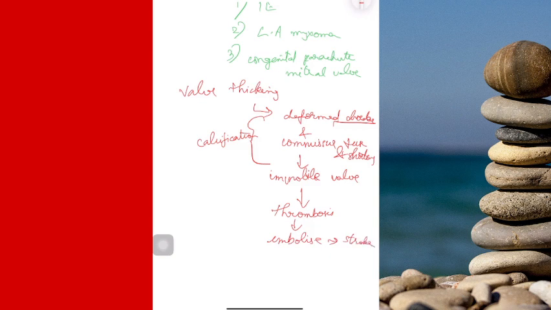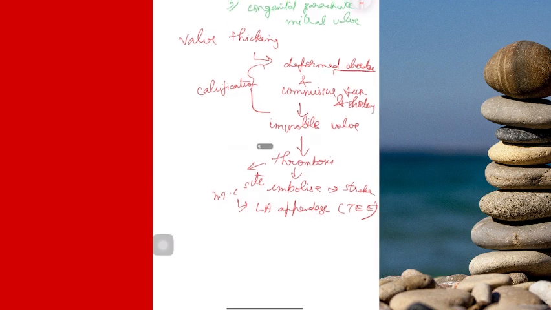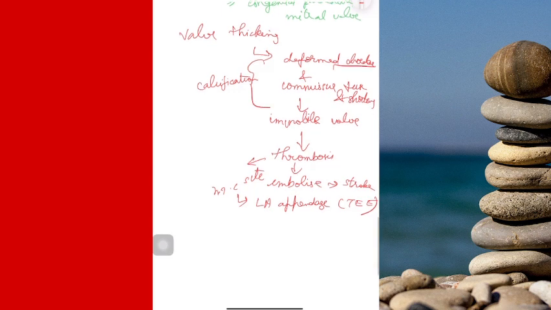Okay, ischemic stroke. This is how the basic pathogenesis operates as far as MS is concerned. The most common site of thrombosis inside your LA would be your LA appendage. Please remember, your LA appendage is seen only with the help of a transesophageal echocardiography, and not with your routine transthoracic echocardiography that you do with your USG probe. Pathologically speaking, calcification will lead to what is called the fish mouth appearance of the valve.